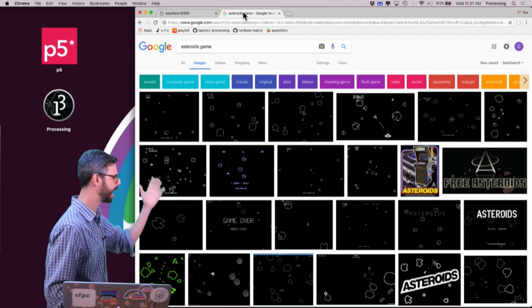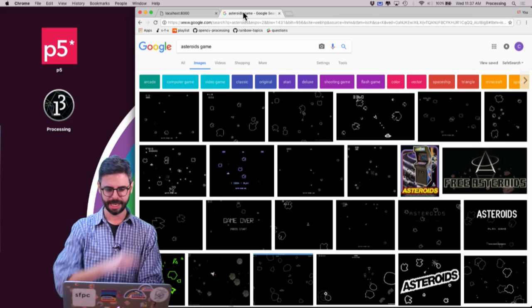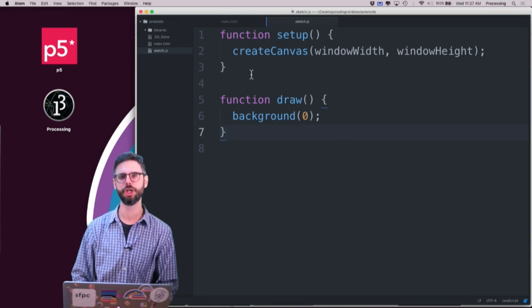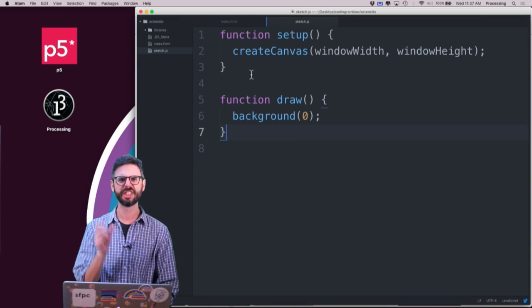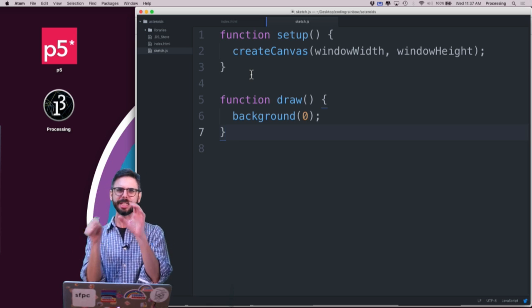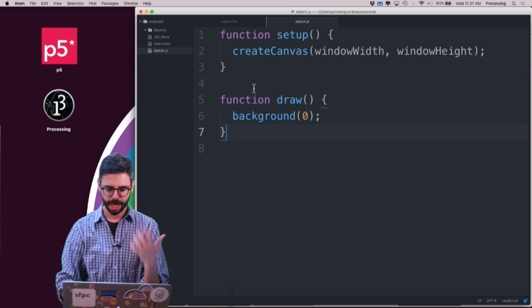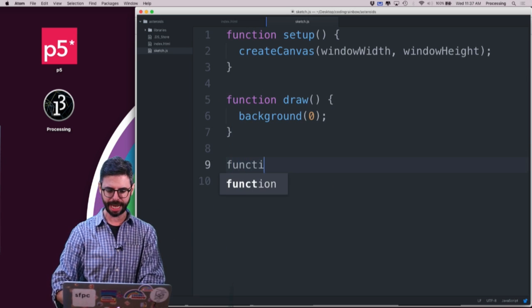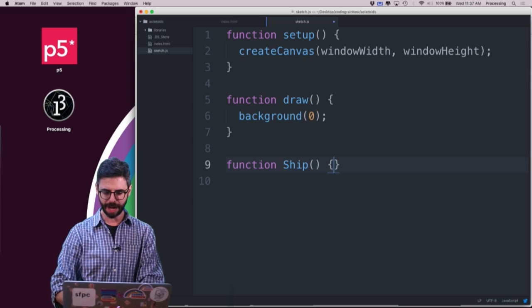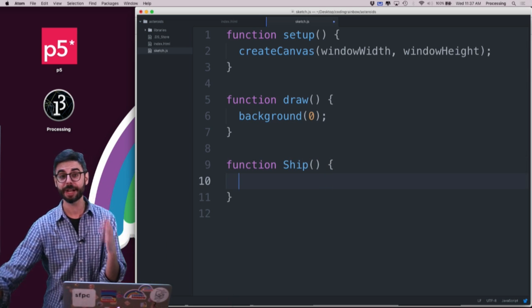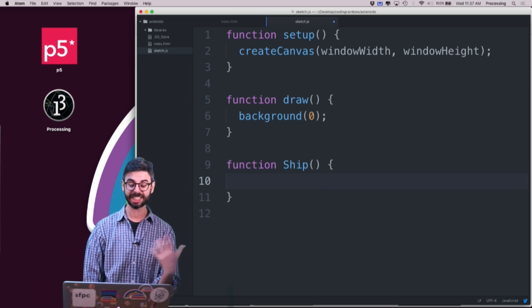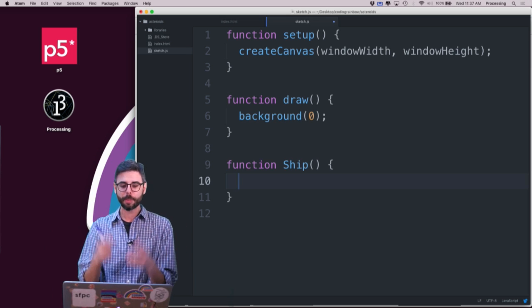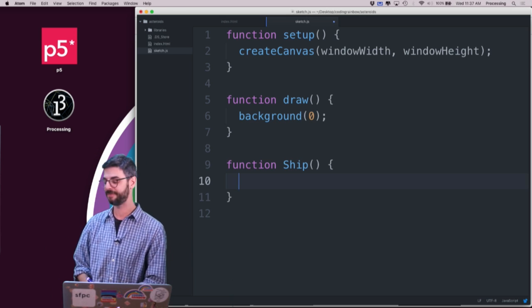Okay, let's go. This is the game Asteroids, and here we go. The first thing I need to do is program the spaceship, the thing that's in the center of the screen that you can turn and then push around. To do that, I'm going to create a ship object. The framework I'm using is called p5.js, which has a lot of things that will allow me to draw the triangle pretty easily, but it also has a vector